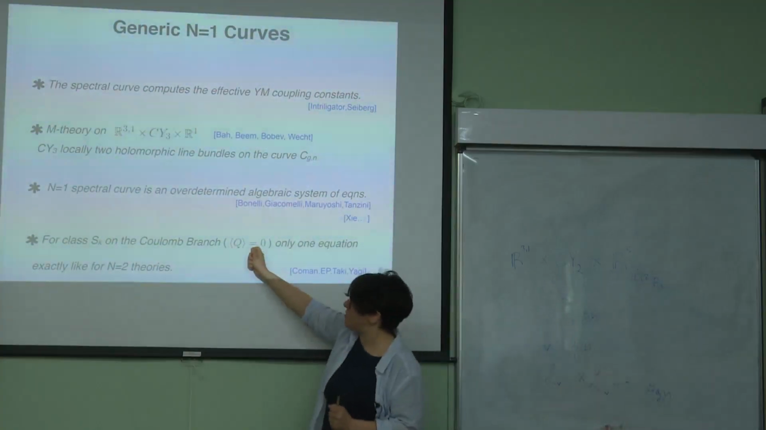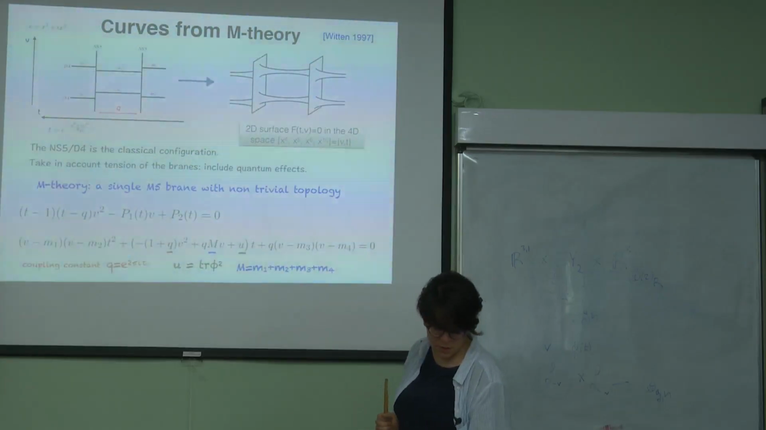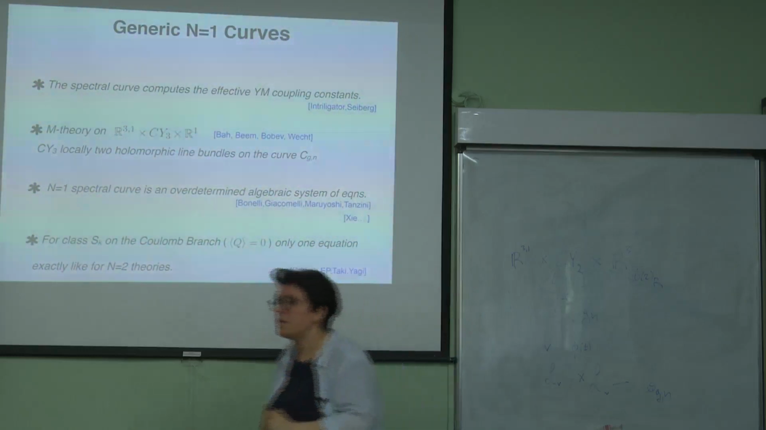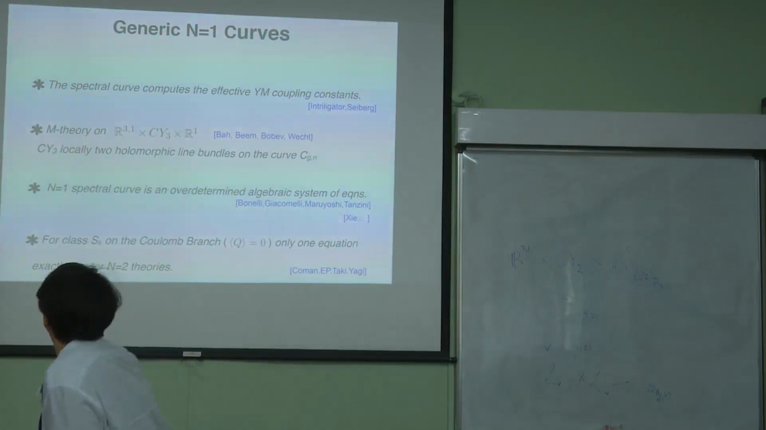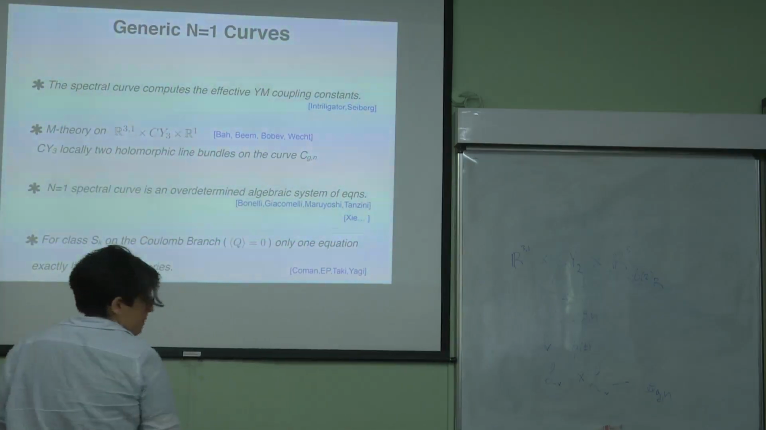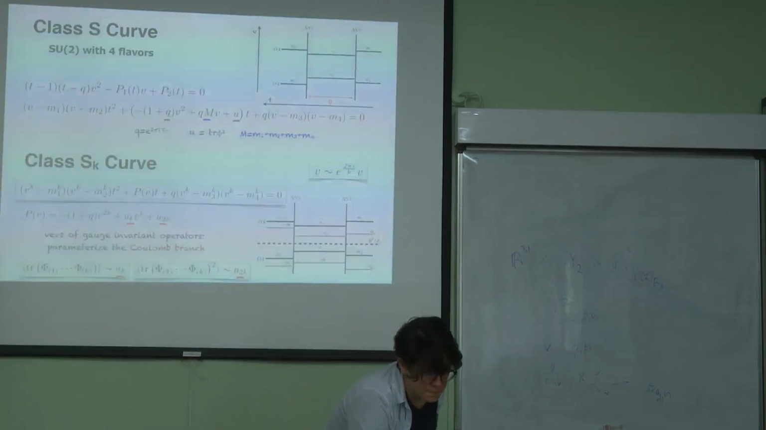And this you achieve just by going to the Coulomb branch. So this is very crucial. So what does it mean? N equals 1 spectral curve is an overdetermined algebraic system. Say again? N equals 1 spectral curve is an overdetermined algebraic system. Yes, so you don't get, okay, let's maybe, the spectral curve you're taking as an input from